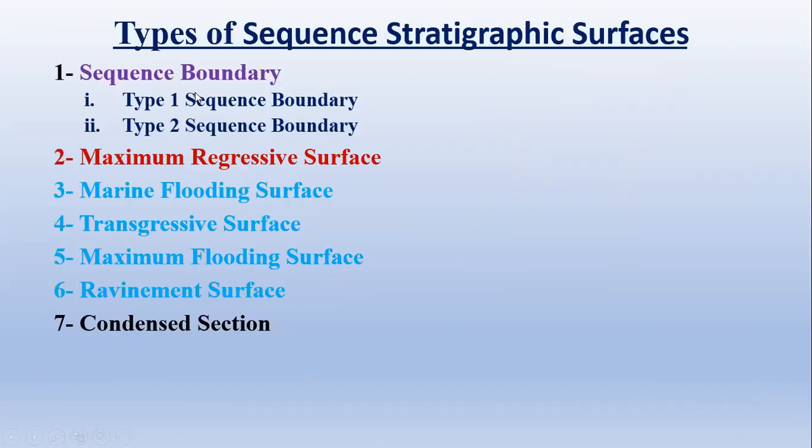There are many types, five, six to seven types of sequence stratigraphic surfaces. Number first is